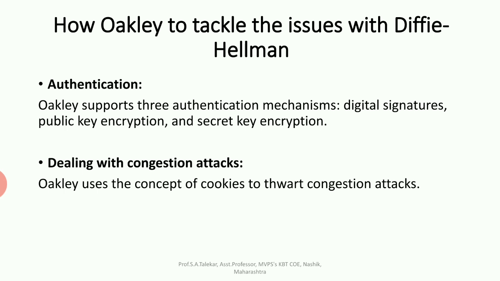So, to tackle this, each side in Oakley must send a pseudo random number called a cookie in the initial message, which the other side must acknowledge. This acknowledgement must be repeated in the first message of the Diffie-Hellman key exchange. So if an attacker forges the source address, she does not get the acknowledgement cookie from the victim and her attack fails. Note that at the most the attacker can force the victim to generate and send a cookie, but not to actually perform the Diffie-Hellman calculations. Therefore the Oakley protocol provides different message types, which we will discuss in the next slide.